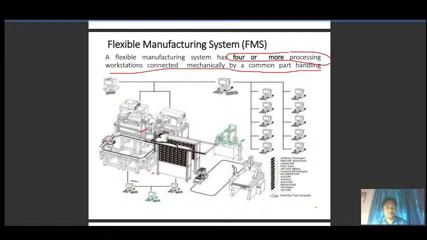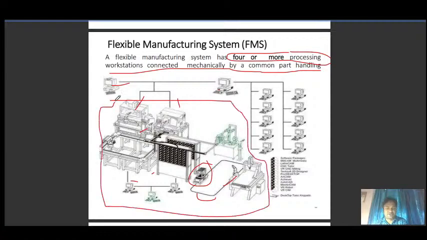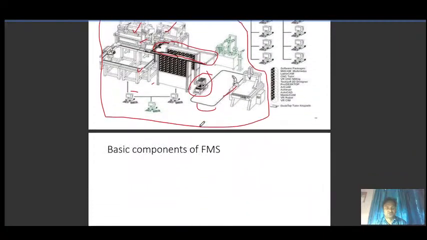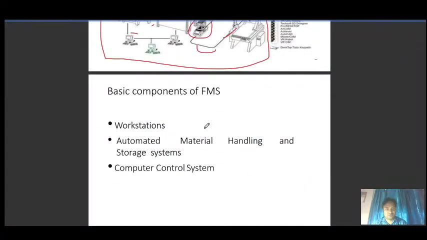And as you know, every machine is connected with the computer. All the computers are interconnected. So in this shop floor, you can see the AGV, automatic guided vehicle. Okay, so this one is for the flexible manufacturing system. So again, you can see the rack, track. You can see the crane and machines.